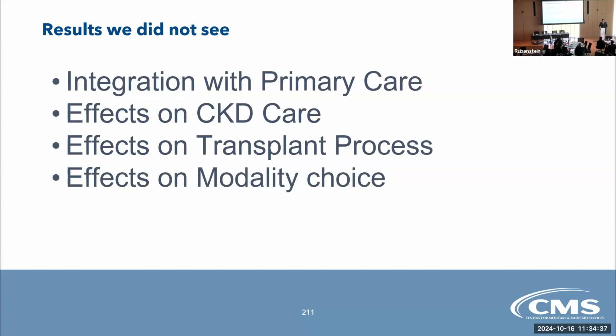But it's not only important what did we see, but what did we not see? In general, for all of these, we are conducting policy experiments here to try to see what the effects are, and then how we build on it and how we can improve. So what did we not see? Integration with primary care. And some of these are known structural defects, that it is very difficult to create one single effort that can encompass, especially within kidney care, that full spectrum. But it showed that if we wanted to affect these things, it would take more explicit policy efforts. We didn't see effects on CKD care, nor effects on the transplant process or on modality choice.